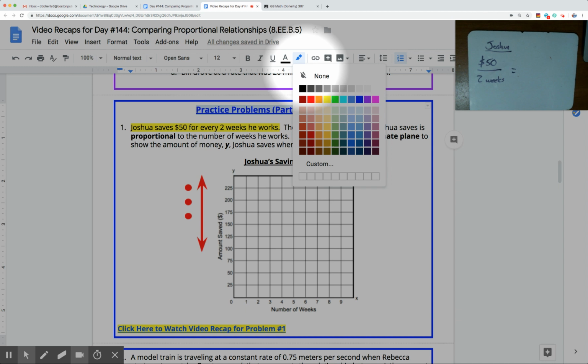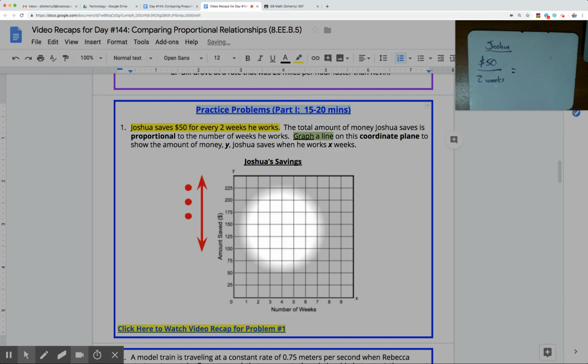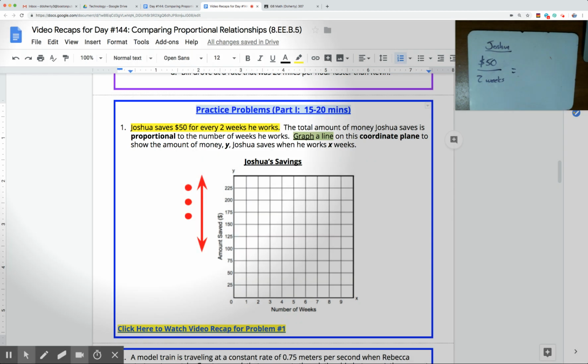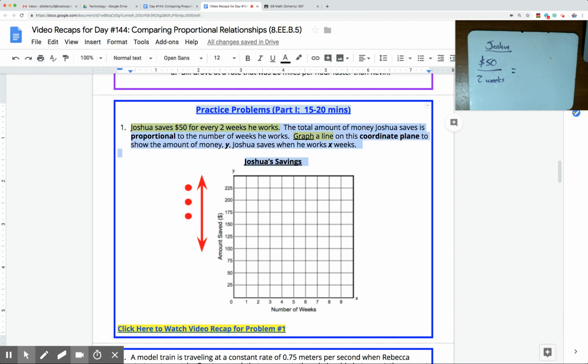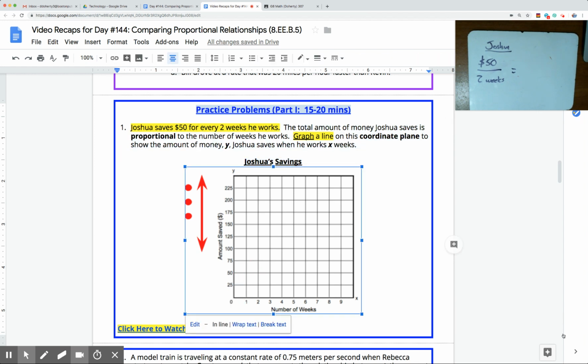So again, our main goal here, the question asks us to graph a line. And the key piece of information is that Joshua saves $50 every 2 weeks. If we're going to be asked to graph this, in this case on MCAS, they're going to make you work with a digital graph here too. The way we do ours, you're going to have to double click to start plotting these points or graphing this